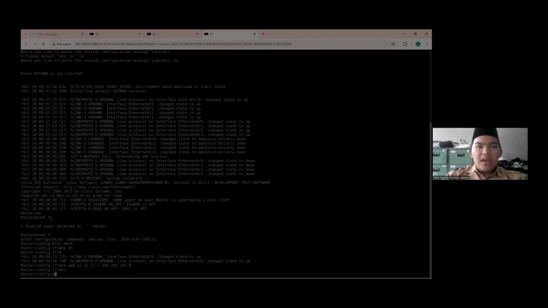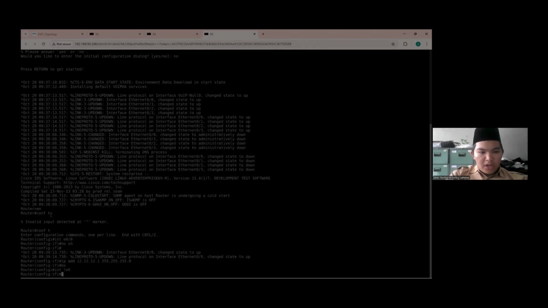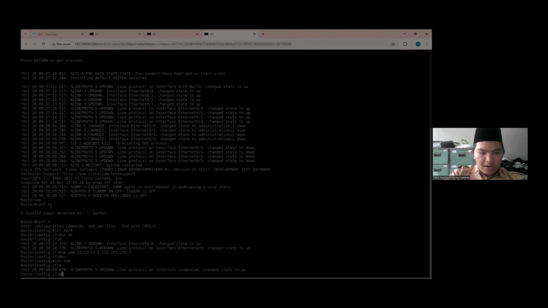Okay, done. Then I'm going to create loopback interfaces that become the identity of the router and also the identity for EIGRP routing in router one. This means I will create two loopback interfaces. First, one for the identity of the router in OSPF, with the IP 1.1.1.1 and prefix 32. The subnet mask is 255.255.255.255.